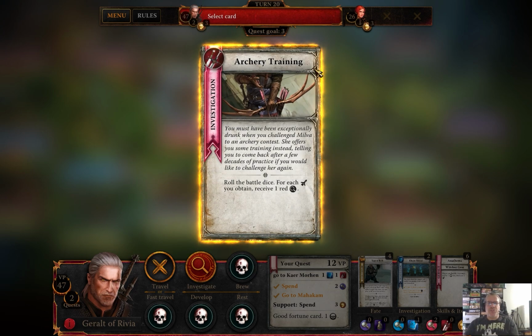Archery training. You must have been exceptionally drunk when you challenged Milva to an archery contest. She offers you some training instead, telling you to come back after a few decades of practice if you would like to challenge her again. Roll the battle dice. For each sword, you obtain a...